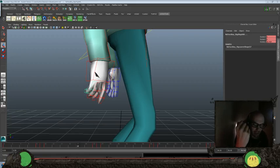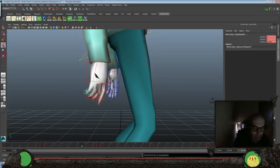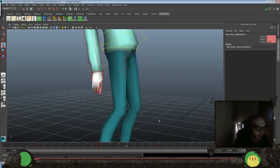But leading with the index is how I tend to do things, because that's usually the finger that kind of leads the way that your muscular structure and your bone structure are there. But you can also do it the opposite way. I tend to think that usually leads towards better hand posing if you can lead at least with one side or the other, and I usually do index leads the stuff, then these two go usually on the same frame with a little variation, and then the pinky follows, or vice versa works too. It depends on what you're going with, but it's just a quick cheat way for doing more interesting hand posing